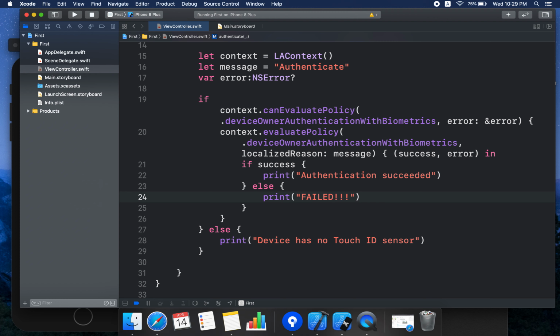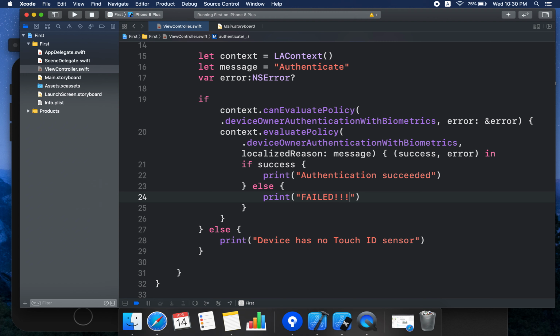Ideally, if the authentication is a success, you can move to the dashboard screen, or navigate to the home screen or any screen you want in the app. Else you can say Touch ID is not working, try the usual thing, and navigate to the usual login page, which has username and password text fields where the user can enter those.